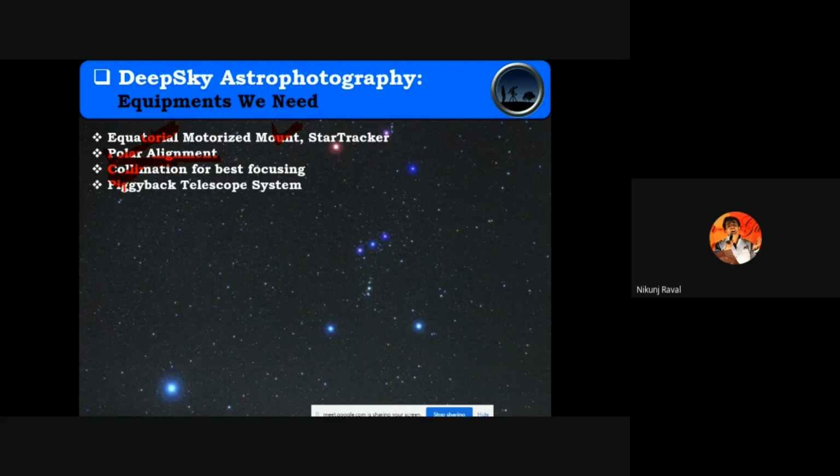Piggyback telescope, अभी मैं डिस्कस नहीं करना चाहता। कूलिंग, अभी आप अपने कैमरे में फोटोग्राफ्स ले रहे हैं। ओके, say ओरायन नेबुला ले रहे हैं आप फोटोग्राफ्स। ओरायन नेबुला अच्छे से आने के लिए कितना एक्सपोजर चाहिए, say 1 घंटा। तो 1 घंटे तक आपका कैमरा फोटो खींचता रहेगा, say 5-5 मिनट के लिए। तो आपका जो फर्स्ट फोटोग्राफ होगा वो क्लियर होगा, बट आपका जो लास्ट फोटोग्राफ होगा 1 घंटे वाला, उसमें बहुत सारा नॉइज होगा, क्योंकि आपका कैमरा का सेंसर हीटअप हो जाएगा इतने सारे फोटोग्राफ्स खींचने के बाद।